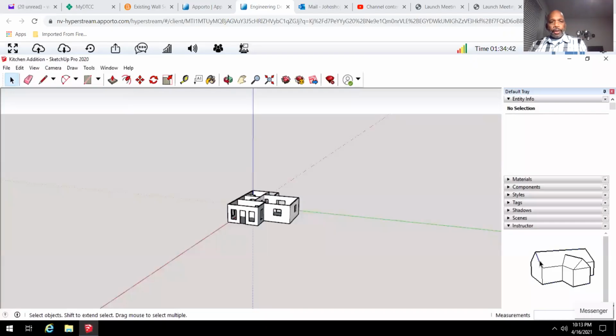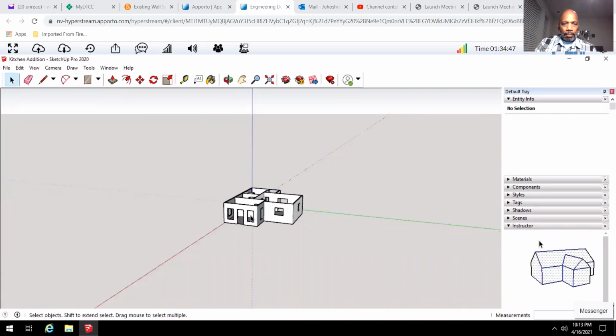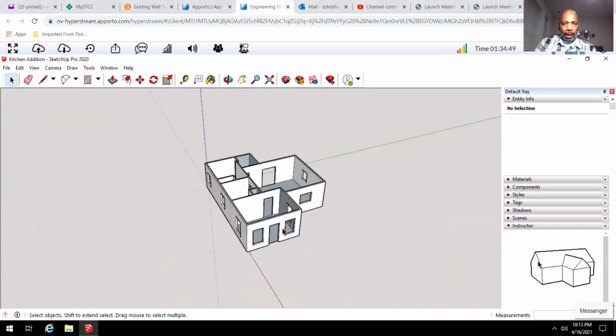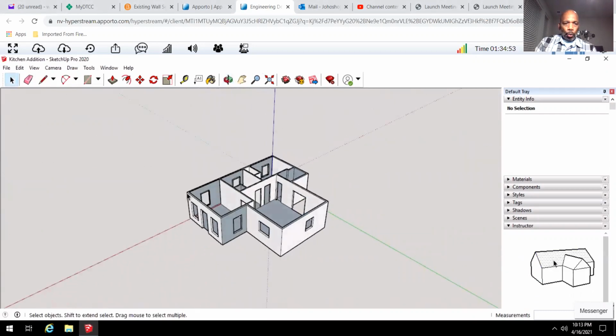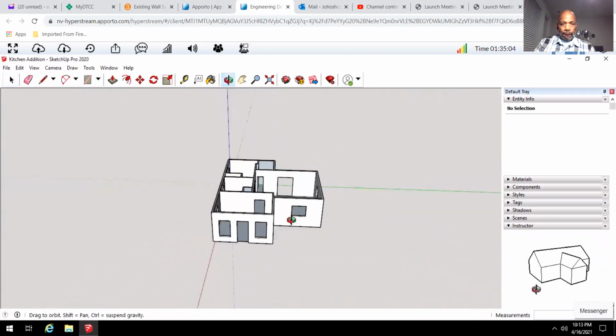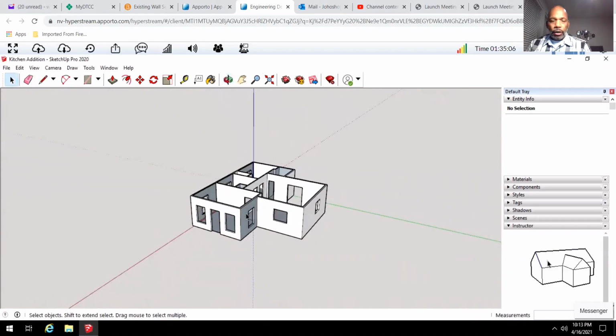I'm sharing. Good, excellent. So now, as you can see from my model here, I have added all of the door openings and window openings in the existing structure, as well as the kitchen addition windows and doors. Okay, good. Now, from a previous video, I asked you, after you have all your openings completed, that you would actually group